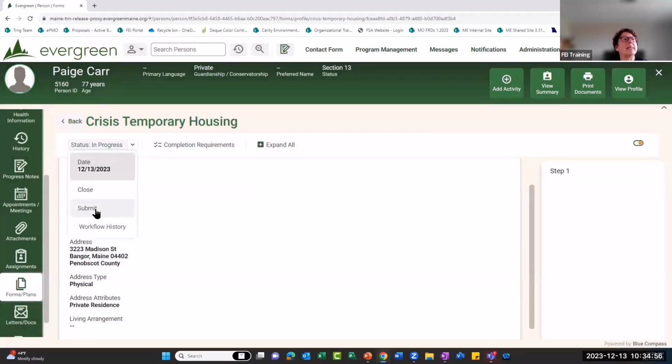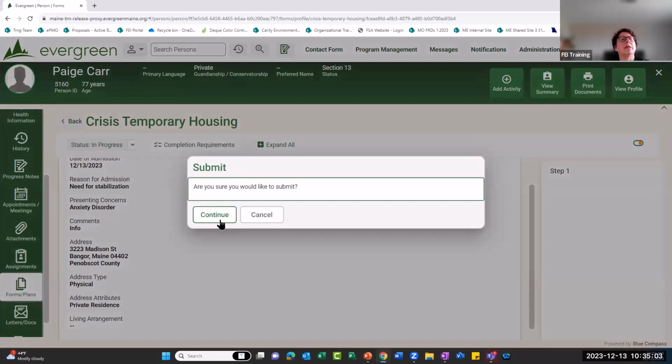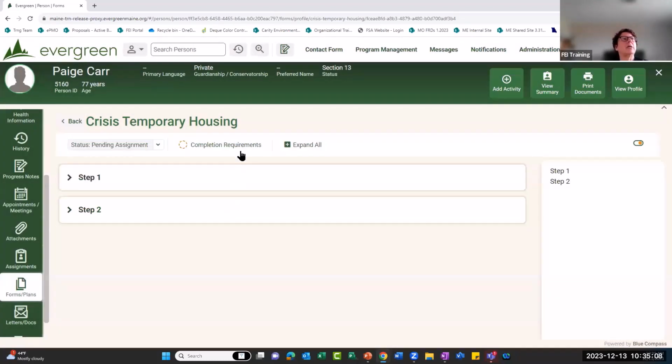So I'm ready to send this on. I'm ready to submit this. So I went to the status drop down, click submit. Am I sure? Yes, I am. So I'm going to continue this action. A notification has gone out